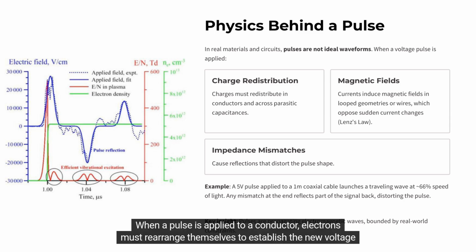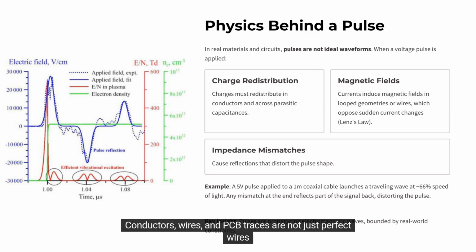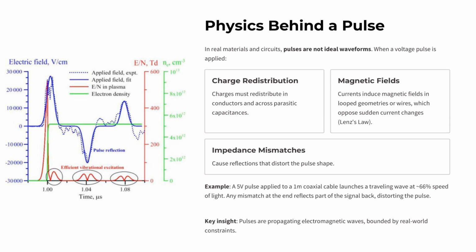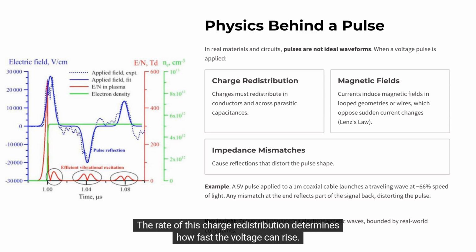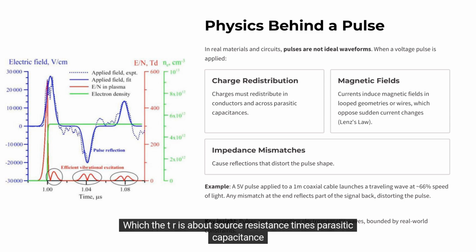When a pulse is applied to a conductor, electrons must rearrange themselves to establish the new voltage level. Conductors, wires, and PCB traces are not just perfect wires. They behave like distributed capacitors. Every trace has parasitic capacitance to ground or to neighboring traces. When you suddenly raise the voltage, those parasitic capacitors must charge to the new potential. The rate of this charge redistribution determines how fast the voltage can rise, which is about source resistance